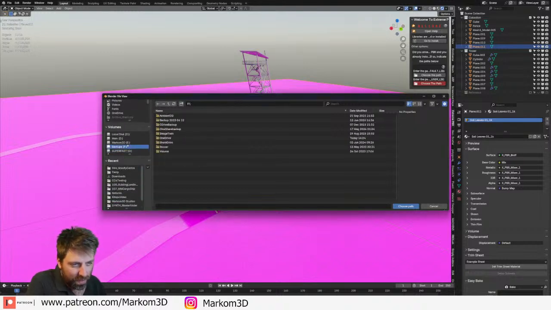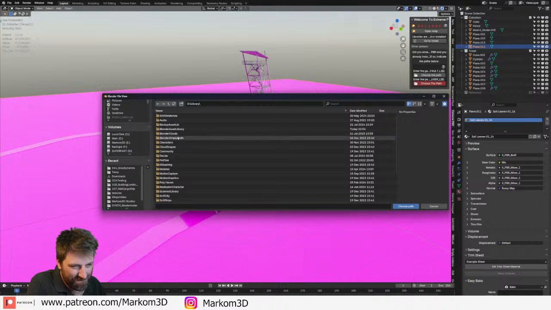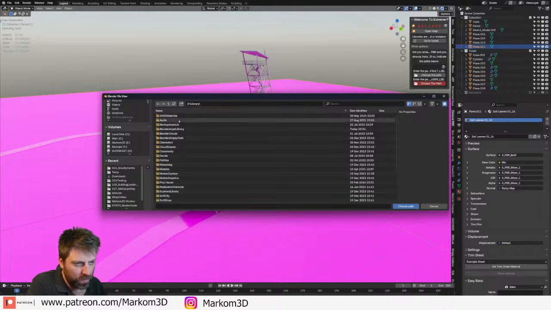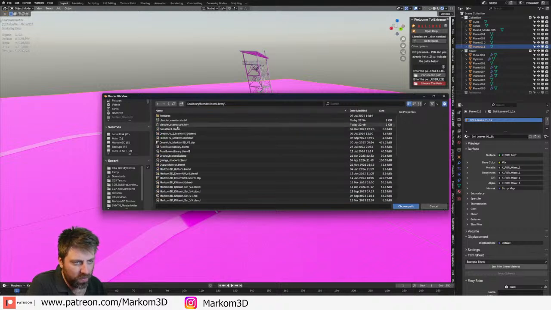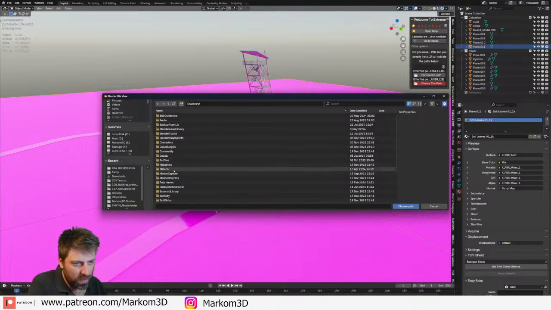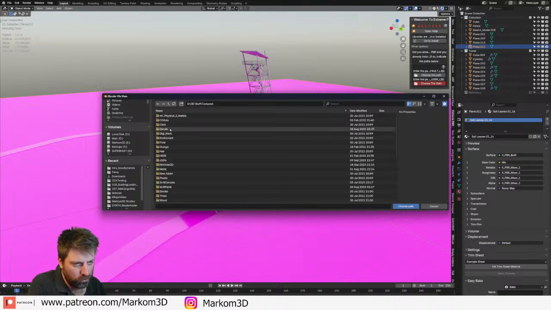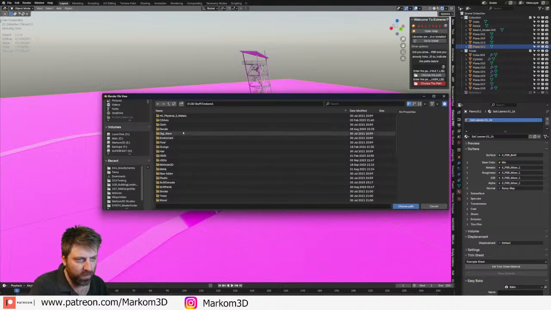Should be in libraries. Whoa, I'm feeling the pinch. There's 5,000 materials. It's not that one. Where's Extreme PBR Combo?